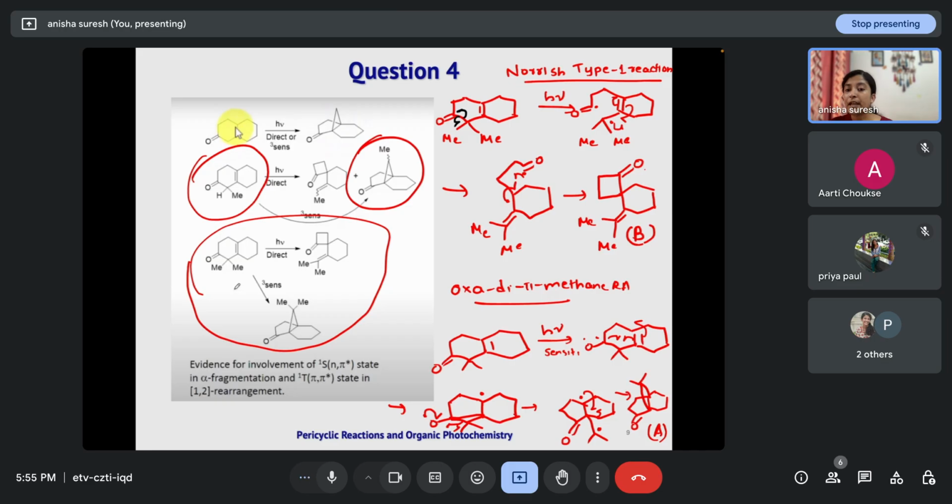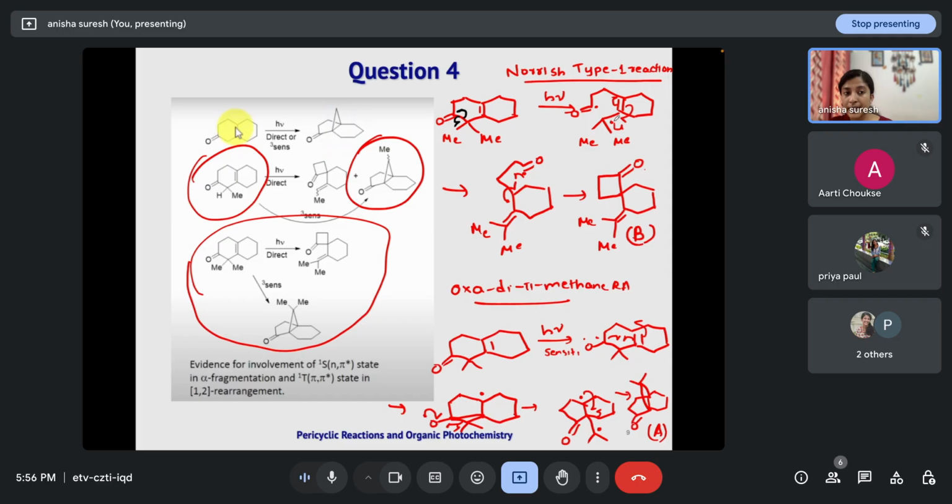So here oxadi-pi-methane rearrangement is taking place, and here an alpha fragmentation is taking place. Alpha fragmentation, as we have seen, is a pathway involved in the Norrish type 1 reaction. So here is how the reaction mechanism takes place. First, an alpha fragmentation will take place, resulting in the formation of this carbonyl radical and this tertiary radical. Then this alkene will rearrange in this fashion, so here a new radical will be generated, and